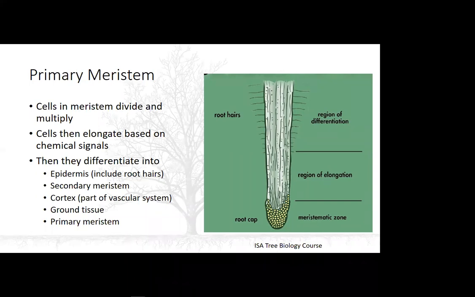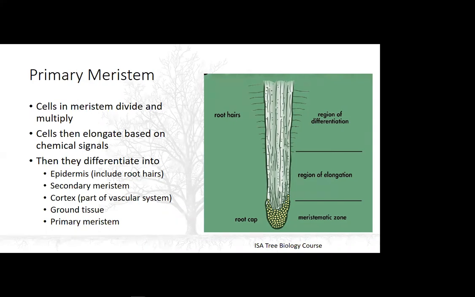And the same thing actually happens above ground a lot. So pay attention to how the shoots expand in the spring, and notice that you'll see elongation, and then you'll see little tiny leaves coming off the side, and then they will start to expand more. So you're getting a little bit of that elongation and then differentiation. And